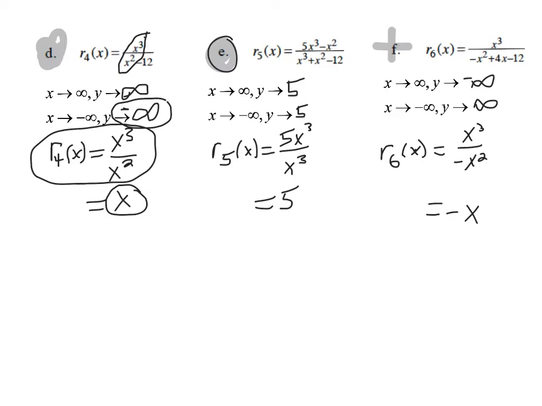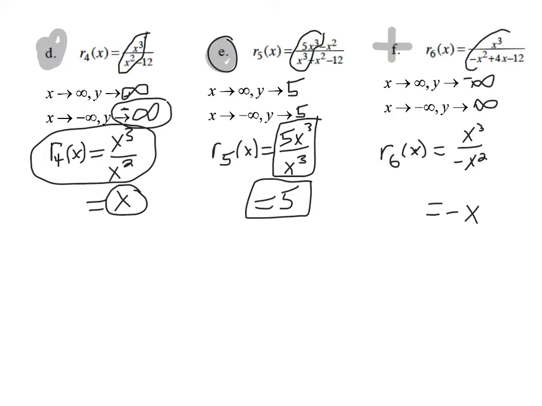In part E, if I take the most influential term in the numerator and denominator, that's going to determine my end behavior. Well, then I end up with 5x cubed over x cubed. The x cubes cancel, and the end behavior will be 5, regardless of whether x is going to positive or negative infinity. And in part F,